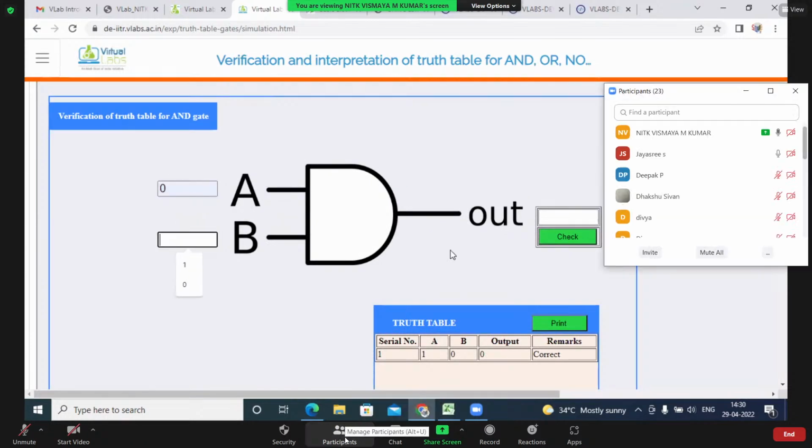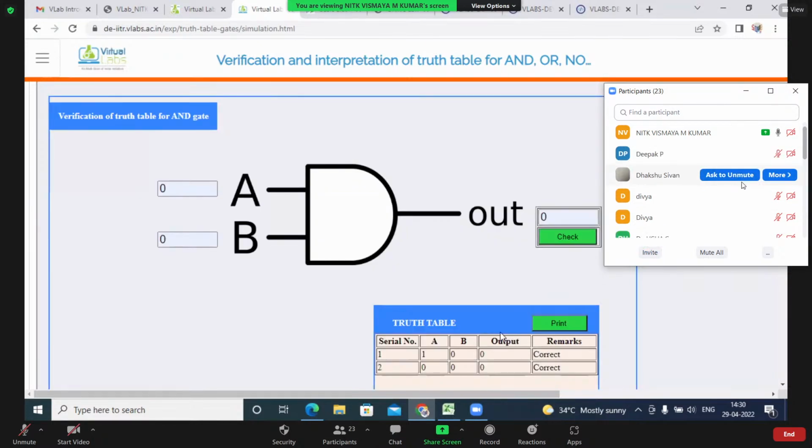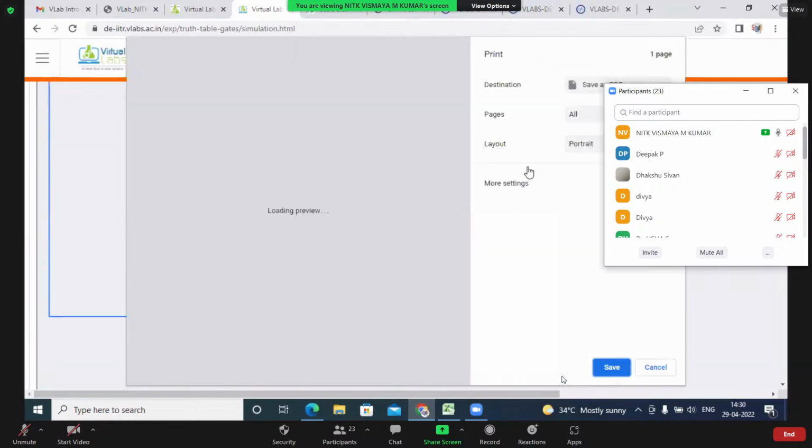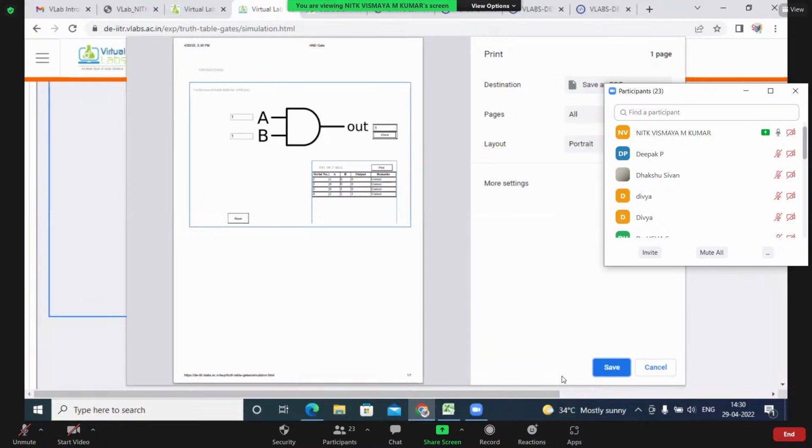The control is updated here. So select all the sets of inputs and the corresponding outputs. The truth table will print the whole page, or you can save it as a PDF for the